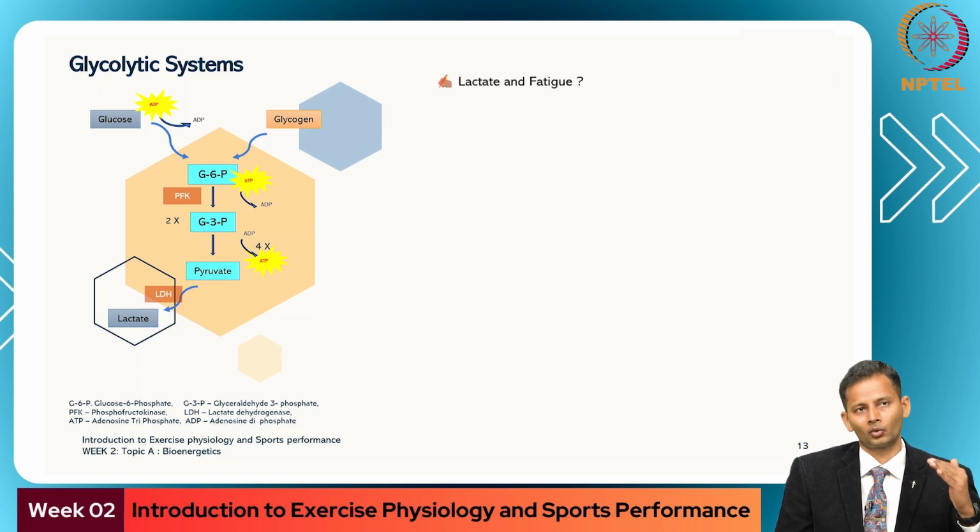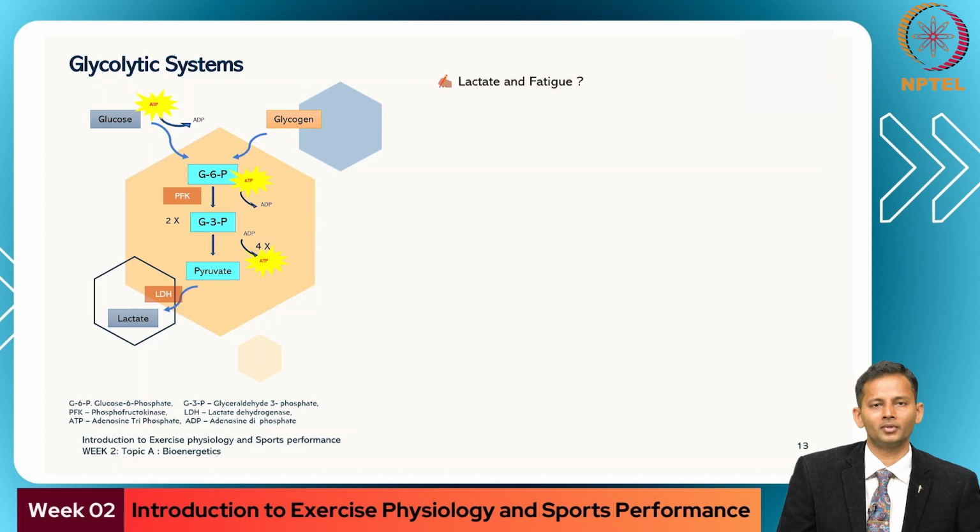By undergoing this process, what is happening? The glucose or glycogen has consumed 2 molecules of ATP, and then they form 4 molecules of ATP in the entire process. So at this level you have a net of plus 2 ATPs available. So 2 ATPs are formed at the end of anaerobic glycolysis immediately. Now it has finally got converted into an end product called lactate.